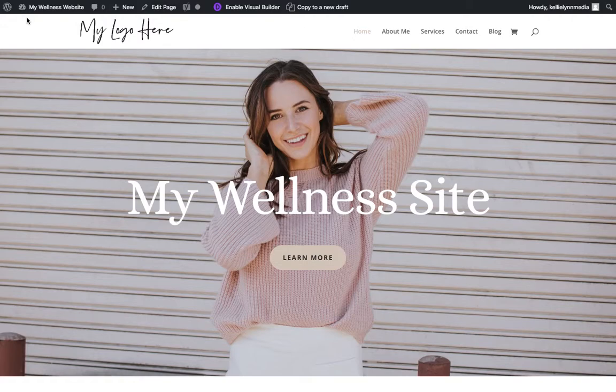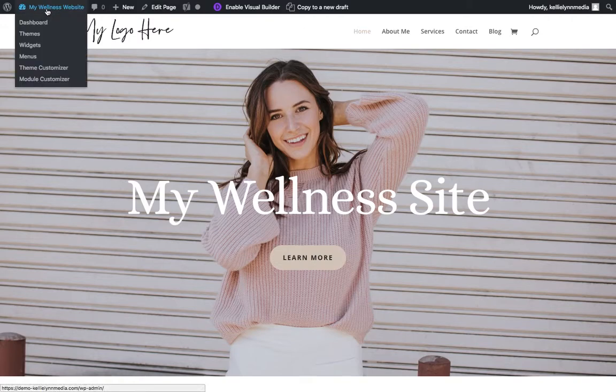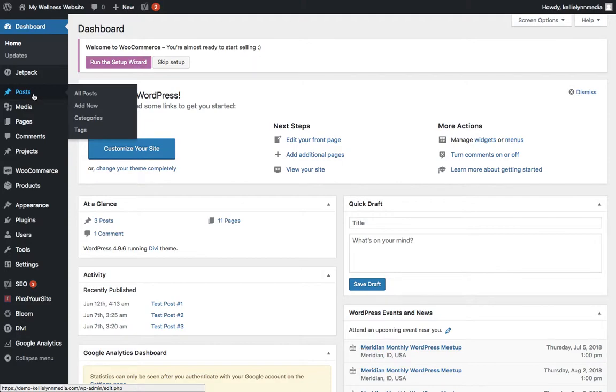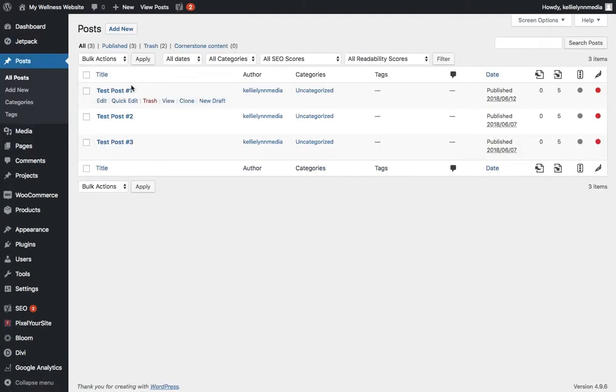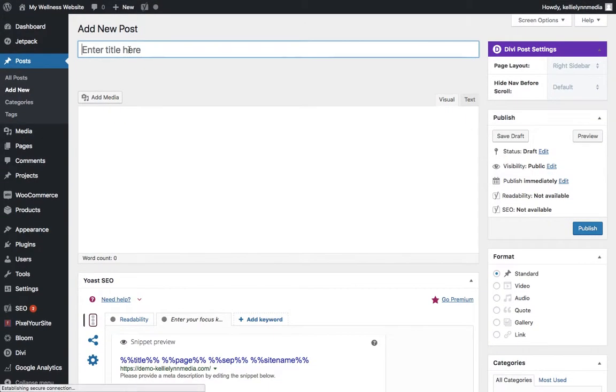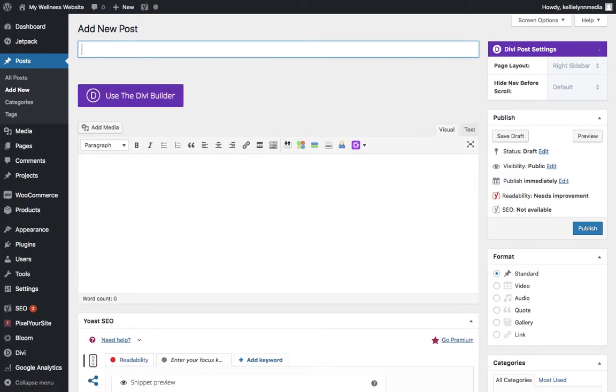So here's your wellness site. If you go up here and click dashboard, and then go down to posts and click all posts, you'll be able to see your current posts and you can add new. So first we're going to add a new post, and if you just want to call this test post